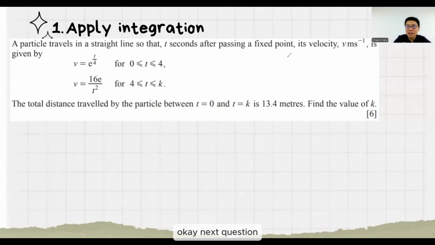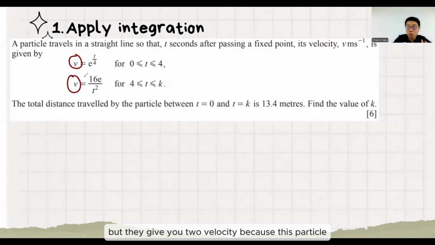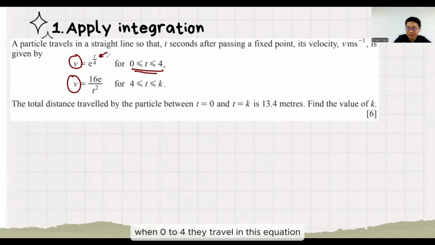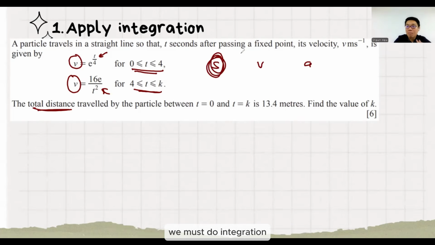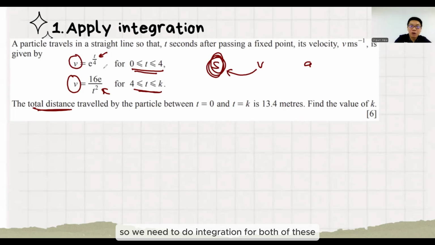Okay, next question gives you the velocity, but they give you two velocities because this particle went from 0 to 4, traveling in this equation. After 4 seconds until k seconds, they travel in this formula. So they ask for total distance. So no matter what, to find displacement we must do integration. So we need to do integration for both of these because you want to travel from 0 to k,